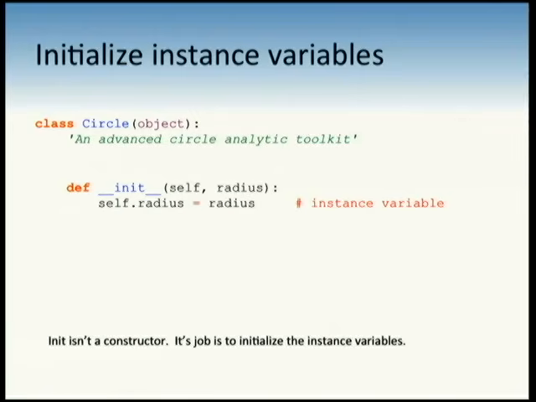Next thing on the list is instance variables. Everyone here has made a class before. Let's remind ourselves what instance variables are for. Instance variables are where you put the data for each instance that's unique to that instance. If you have anything that is not unique to the instance, does it belong in an instance variable? No. Everybody says no. All of you made classes before, you all know that. Do I go from company to company looking at giant code bases full of lots of instance variables that have nothing to do with the instance? Yes. You see it everywhere. Don't do that. The only thing pertinent to this circle at this point is its radius. We store that varies instance by instance.